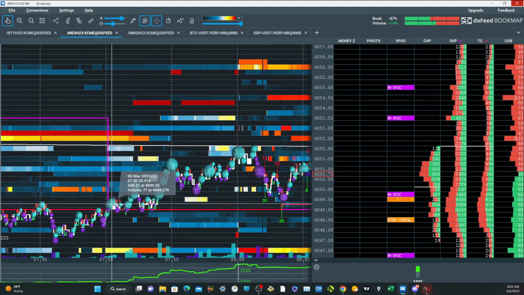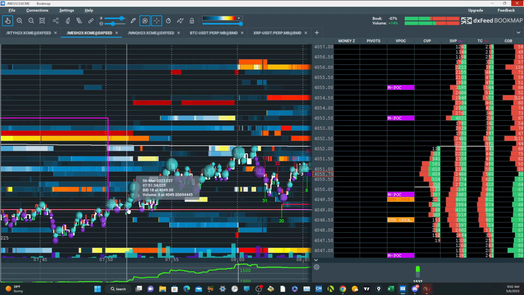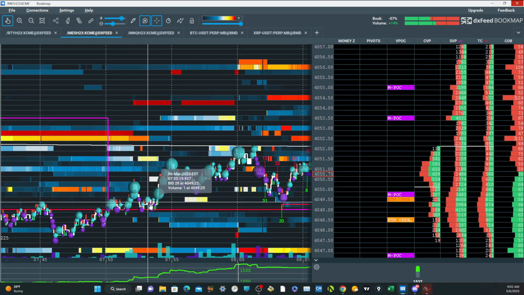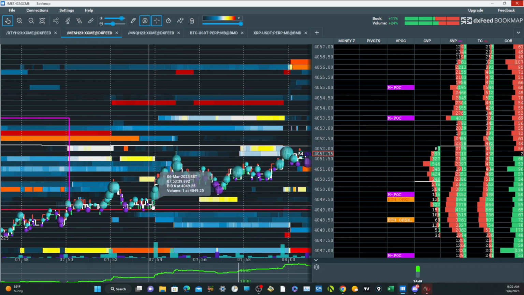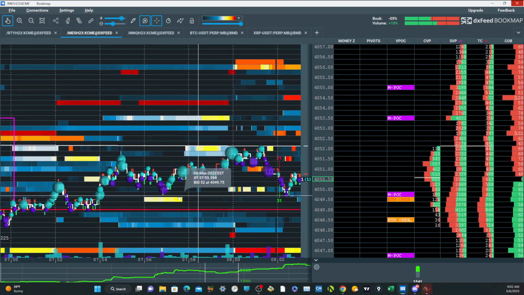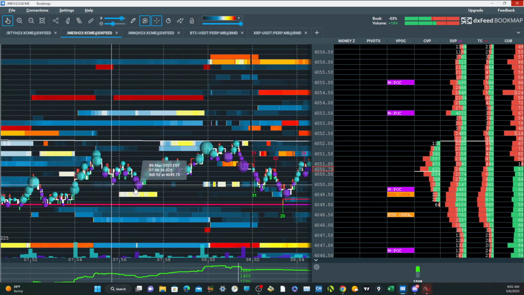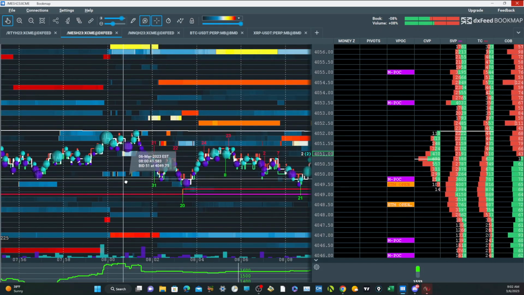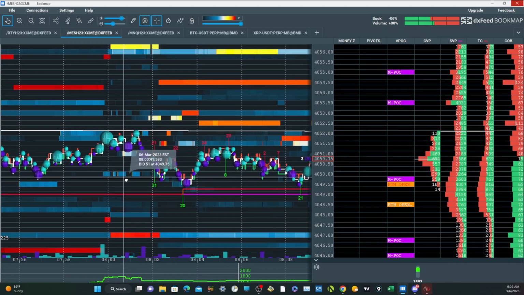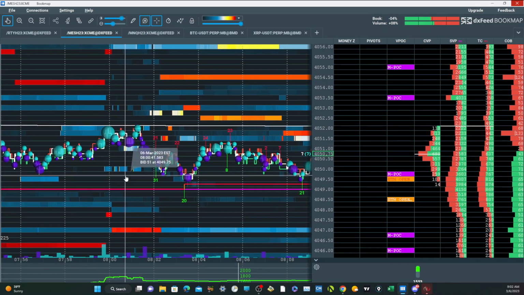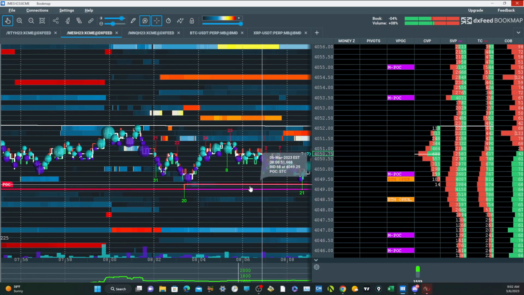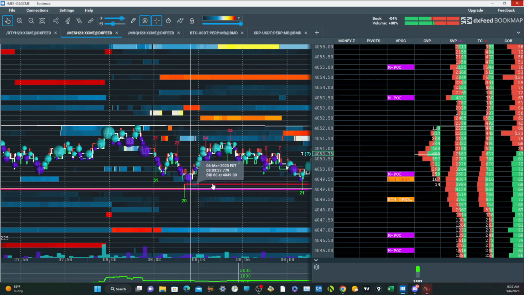The first time we came through here, we retested it right here, pushed up again, retested it, had the little structure right here of volume moving sideways, pushed up, came back, retest this level here that we broke out from, right? And this is what I like about Bookmap. You can really see exactly how the order flow is moving, right? And you see we're coming back to retest the VPOC level,